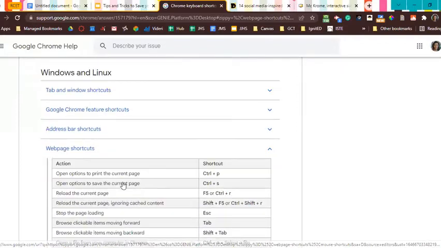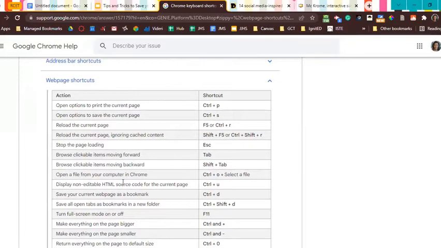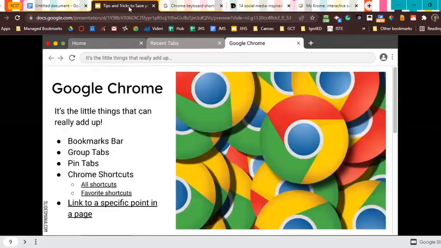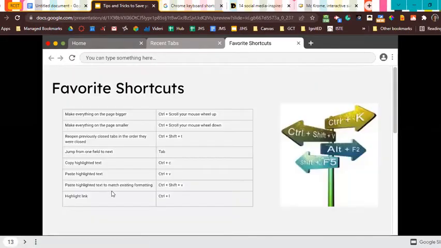Now, there is no way that I know what all of these shortcuts are or that I even use all of them, but I do have some of my absolute favorite shortcuts. So Control-C to copy the highlighted text, I use this all the time. Control-V